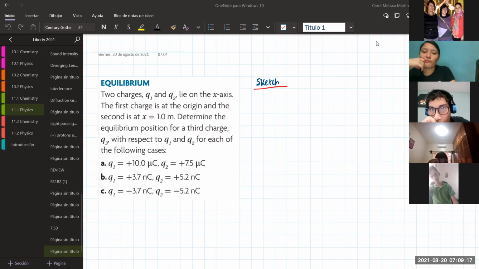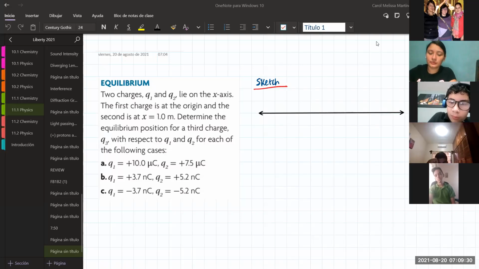The sketch helps me to visualize better what is going on in the problem. So it says that I have two positive charges, and also they lie on the x-axis, like this. So I will place my origin right here, and my charge at 1 meter I will put here,